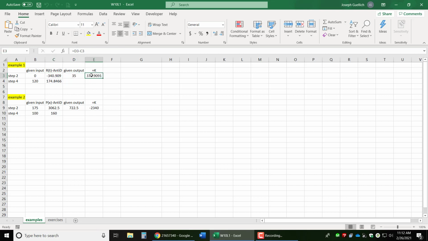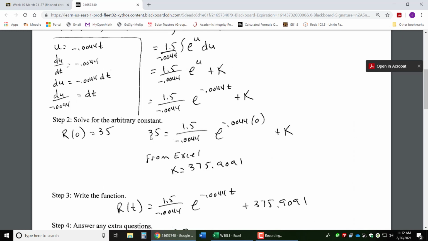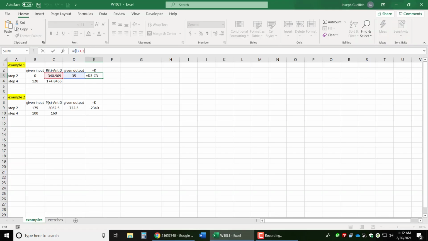And the output, and then for the k, you can see we're just doing a simple subtraction. It's always going to be, let's look at the handwriting. So we've got this 35 equals, all of this stuff is just a number plus k. So all you're really doing is 35 minus the function that's evaluated at that initial input, the given input, and that's what k equals. And that's all I did in Excel. A lot easier than GoalSeek. So you can see the D3 is the output 35 minus the function evaluated with the given input, and